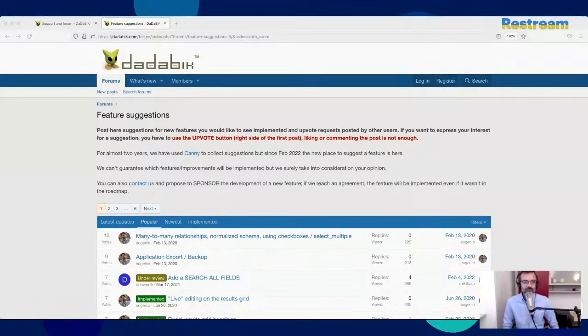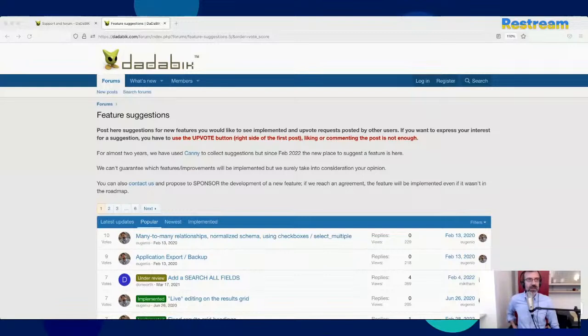I think that for someone who knows relational databases, this is clear. But for non-technical people, not very clear.